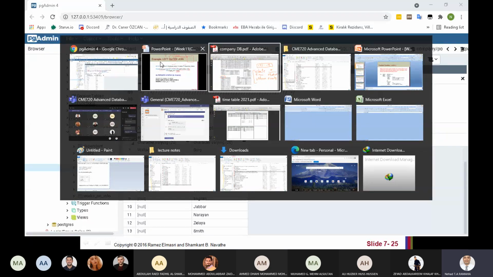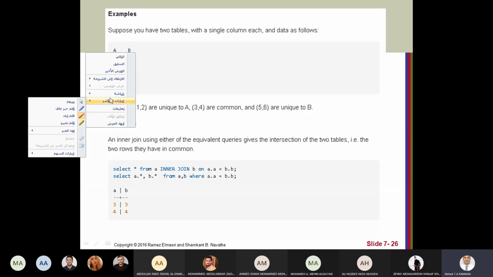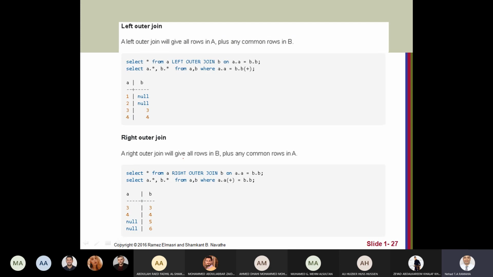So maybe at home you can check this example. These examples give you a table and show you the result for inner join and for left outer join. So we have all the left and null if the right does not exist.